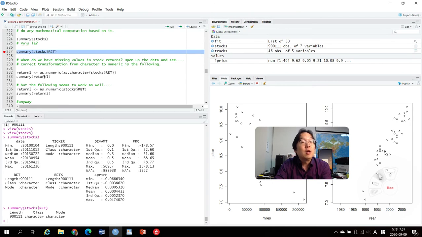Come on. When do we have missing values in stock returns? Open up the data and see. So misclassification is one problem, and the other is missing values. Missing value. 공란. 공백. The correct transformation from character to numeric is the following. You will see it return. Okay. But before that,